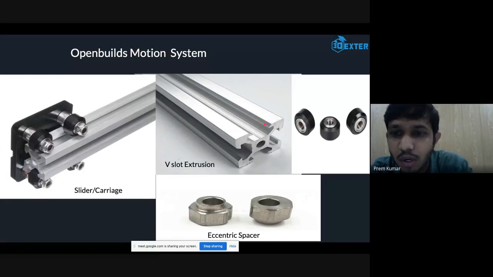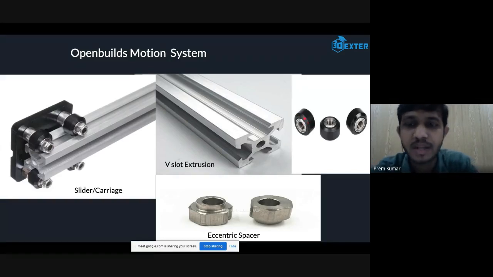Else, if you use extrusions which do not have this V shape, and just have straight edges, then the edges will damage the surface of this wheel. It will be easily damaged, and the motion won't be that smooth.